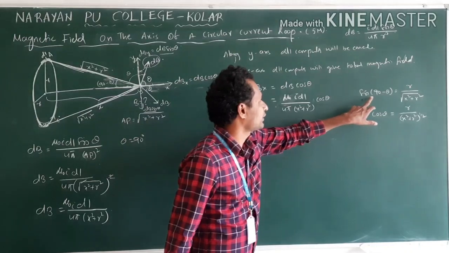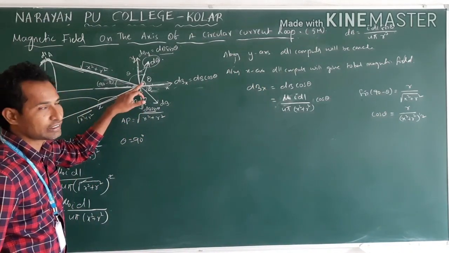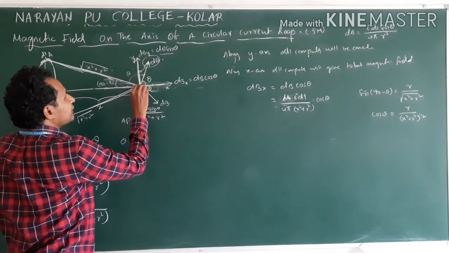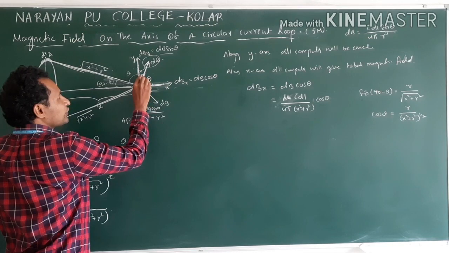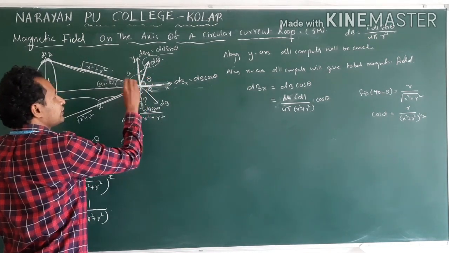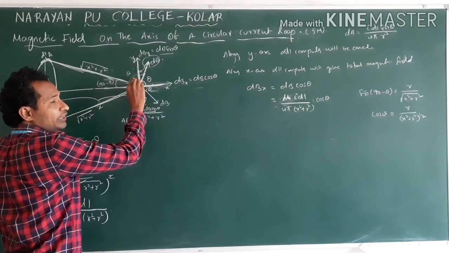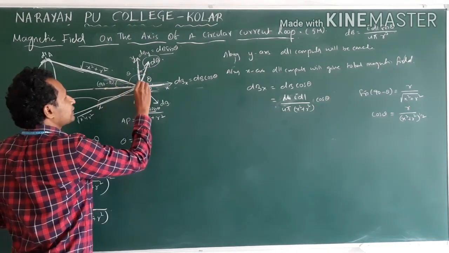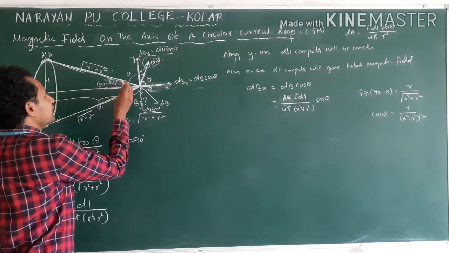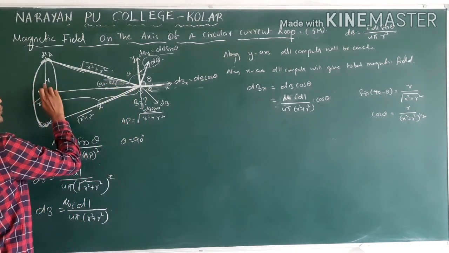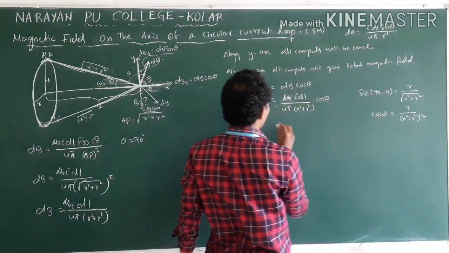So for sin 90 minus theta, from the figure, see, this one we have already taken as theta. This line and this line are perpendicular. This is dB. This is theta, so this will be 90 minus theta, since this line and this line are perpendicular. This will be theta, and this line is perpendicular, so obviously this becomes 90 minus theta. For sin 90 minus theta we take opposite side by hypotenuse. This we got as cos theta, substitute here.